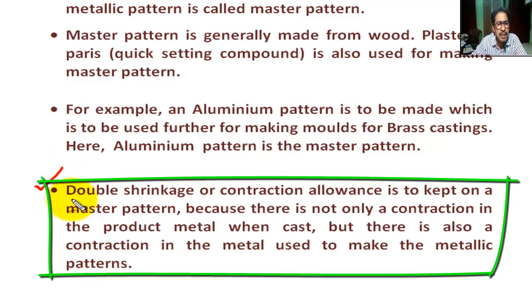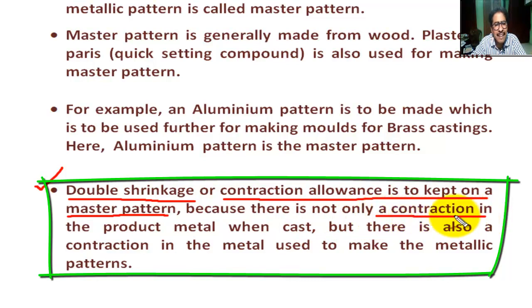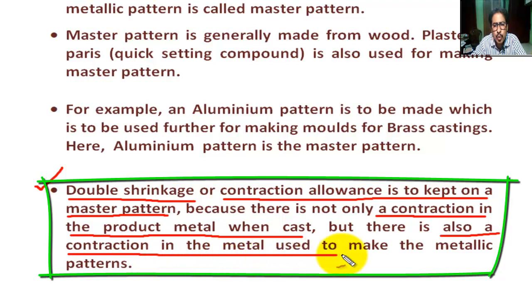Now, in master pattern, double sinkage or contraction allowance is to be kept on a master pattern, because there is not only a contraction in the product metal when cast, but there is also a contraction in the metal used to make the metallic pattern. Okay,